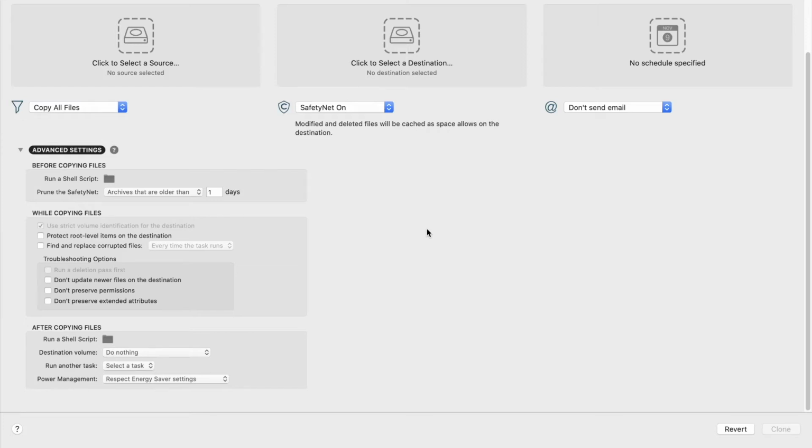Hey guys, today I'm going to show you how to back up your Mac using a disk image in Carbon